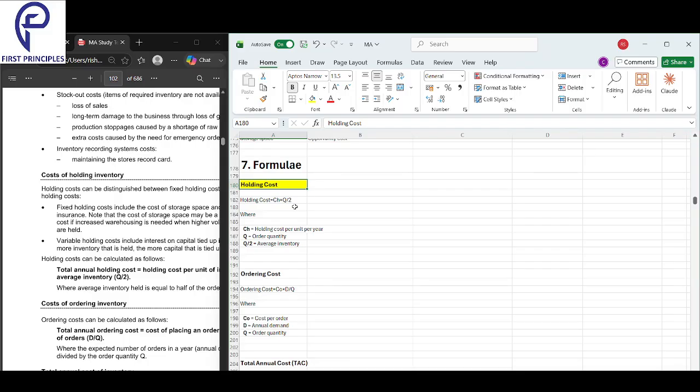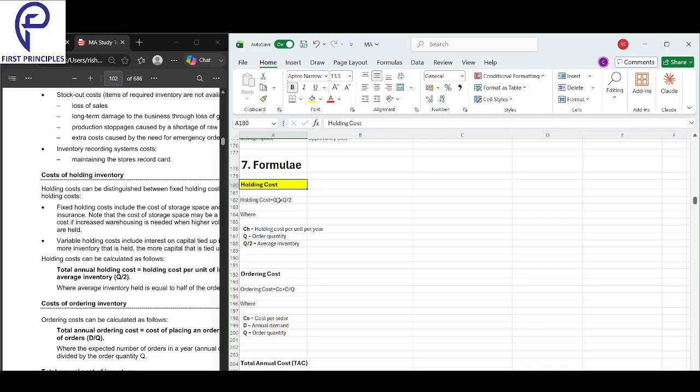So what you do, first you take the holding cost per unit, that is CH. Then you take the order quantity Q and divide it by 2, the average inventory. Why do you do this? Because inventory is not there in your godown all the time. It is moving from the production stores, up and down all the time. You will not find all the inventory just kept throughout the year. You didn't buy it for that, you buy it to actually use it. So you take only the average inventory.